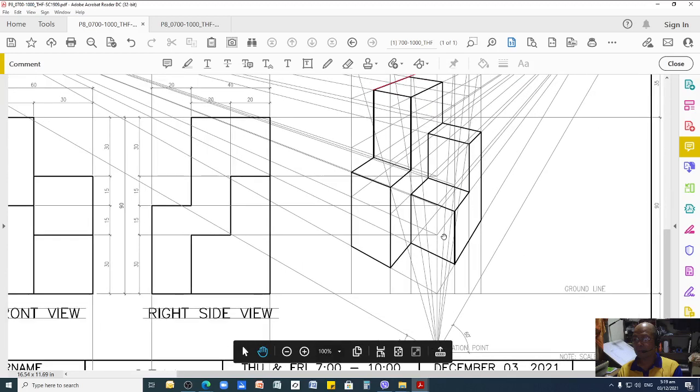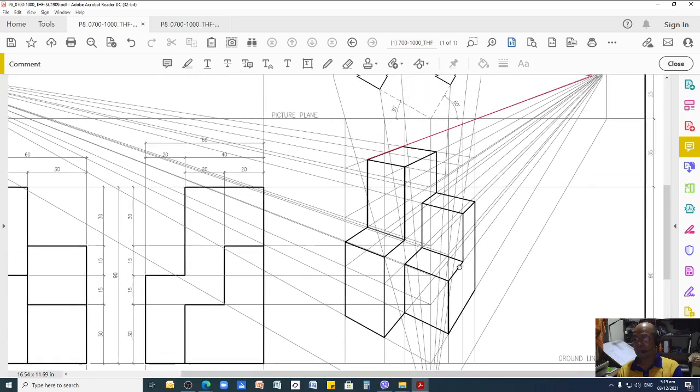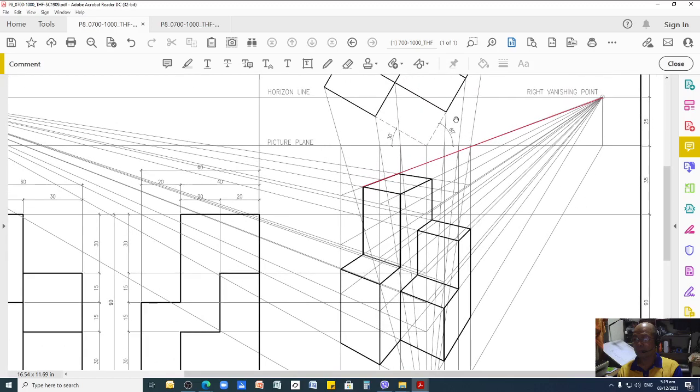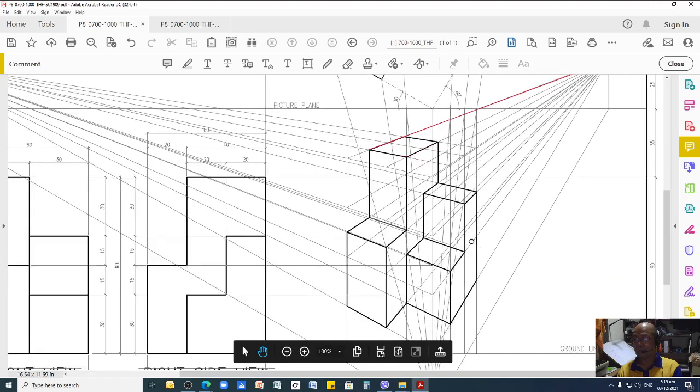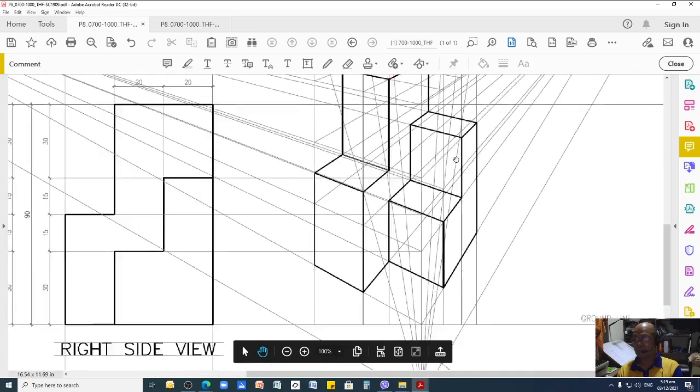Okay. So after that, I projected those markings or measurements either to the left or to the right. So if you follow the lines, it passes to this one, projecting to the right vanishing point. And why do I know that this one is here? Because I projected this one. So here I projected to the station point, I mark this portion. This one I projected to the station point and mark this one, and then draw a vertical line, and another one is here, vertical line, and the intersection of those lines.